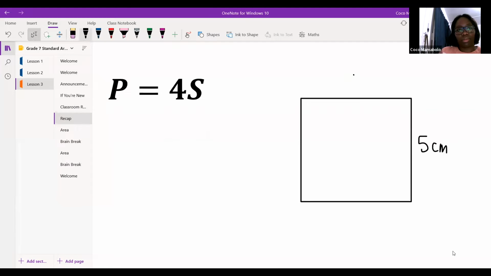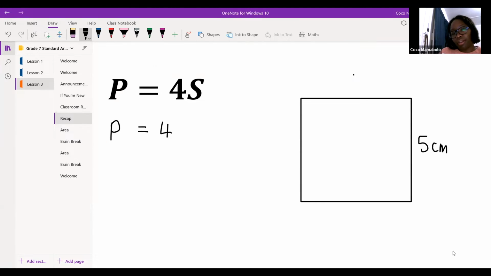Okay, I can try this. What do I write? P equals 4 centimeters. Oh, remember, the 4 doesn't have a centimeter. What I'm multiplying it by has a centimeter. So it's going to be 4